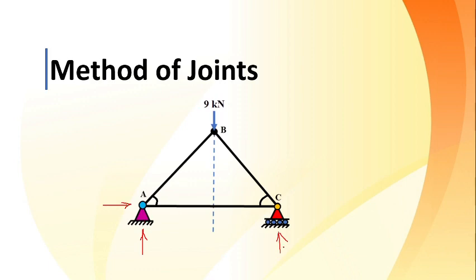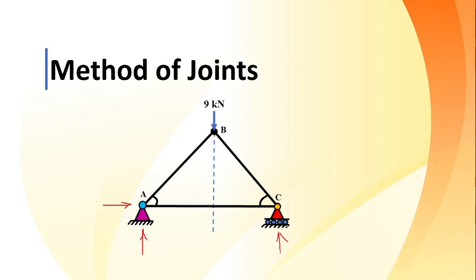Why is it necessary? Because if I draw the free body diagram of every joint, that I will try to make you understand in the next part. One thing is very much sure, whenever we come across any truss, first job is to check out the type of truss, perfect or imperfect. Next to that, we have to find out the support reactions. What are these supports? These are the supports which are provided externally. So A support is a hinge support which is provided externally to this truss. C is the external support at C. This is how we'll be considering this as a whole system and find out the external support reactions by the three conditions of equilibrium.